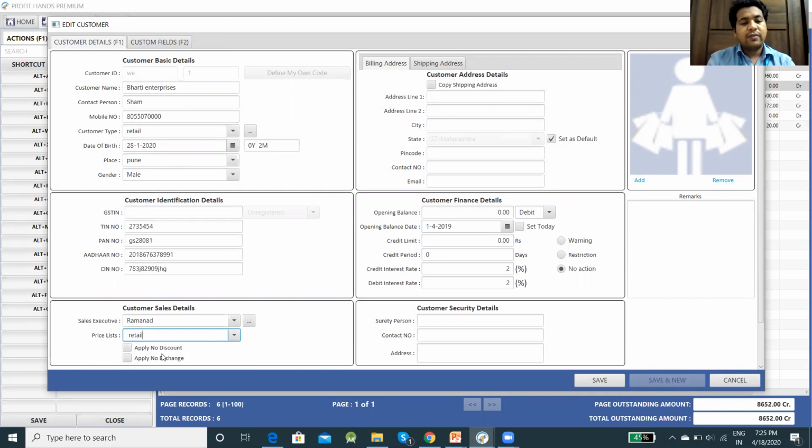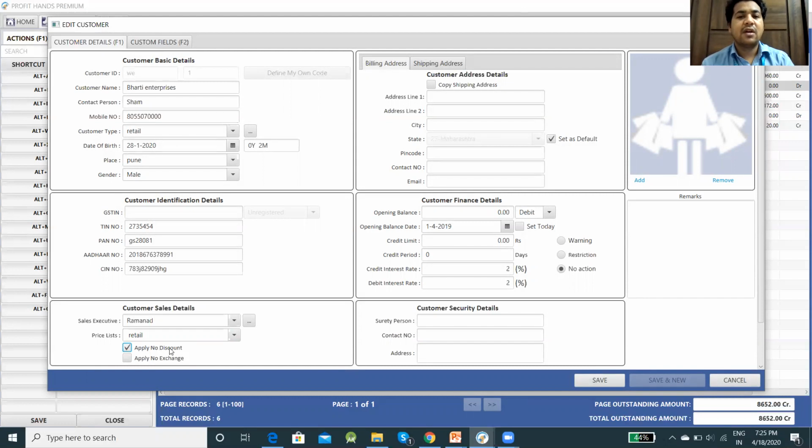Then you will see two checkbox. It is asking whether you want to apply a discount. So if any kind of discount facility has been applied, and you click on this, apply no discount, no facilities regarding the discounts will be applicable to this.